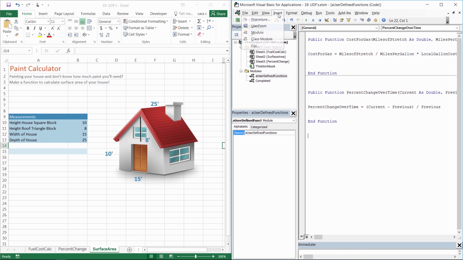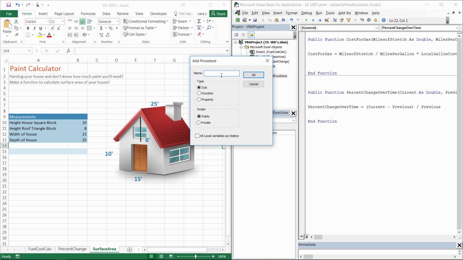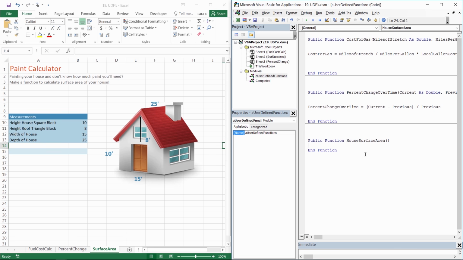So here we go. I'm going to insert a function here. I'm going to insert a procedure. Again, that's going to be a function procedure. And we're going to call this house surface area. Okay. So eventually, the calculation that's going to happen is it's going to say house surface area